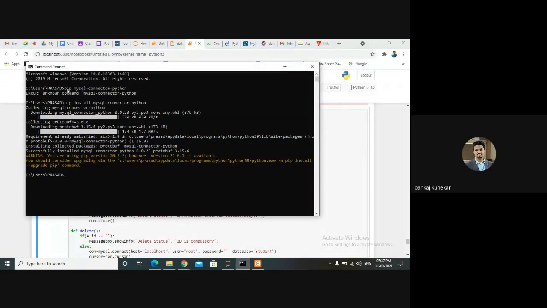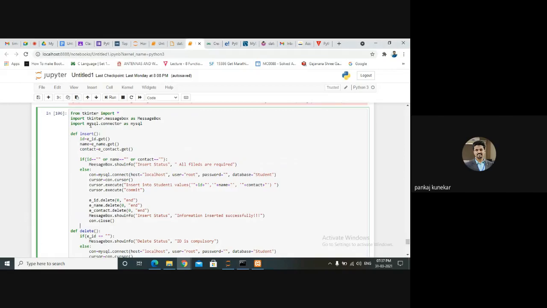I installed it using the command prompt: pip install mysql-connector-python. This is the command you need to execute for installing the MySQL connector for Python. After that, you can directly import this module. This is the first step.